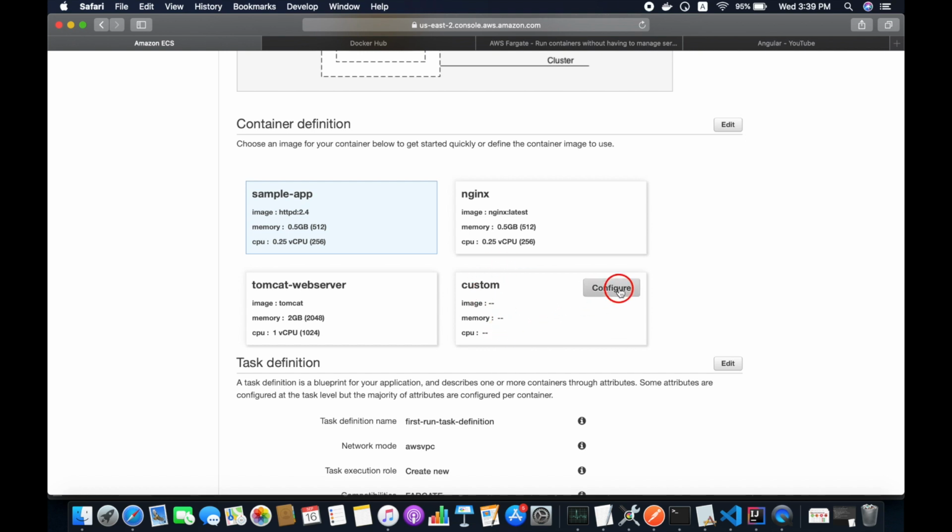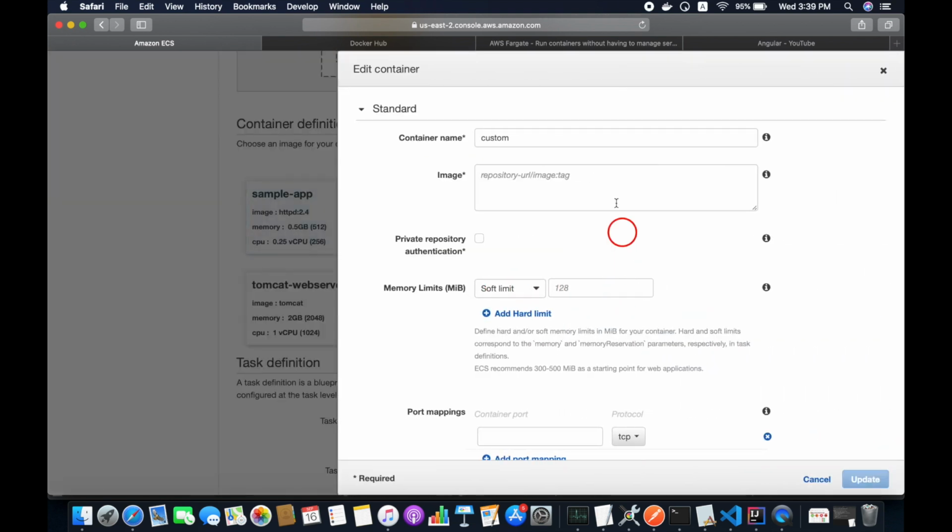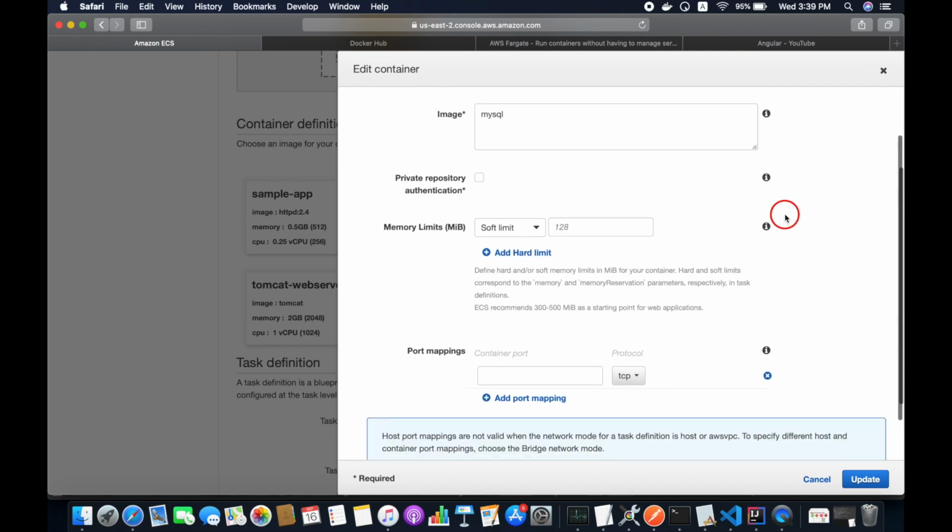So I'm going to choose this custom. Click on this custom and define your container name. I'm going to create the container for MySQL here, so MySQL database, and define the image here. Okay, so MySQL, and if you want to define some version related to the tag name, something like 5.7, you can, but I'm going to use the latest one, so I don't define that here.